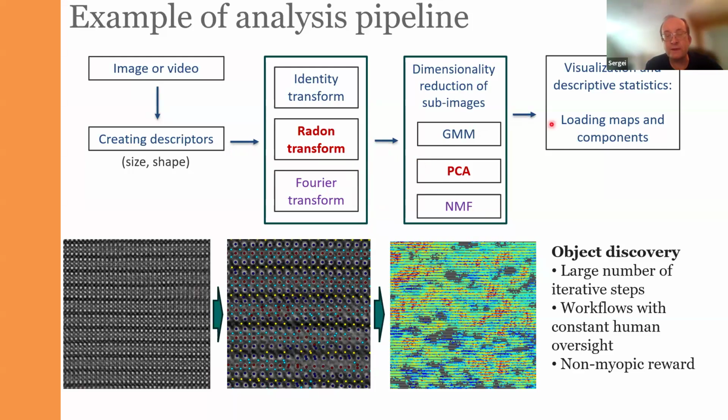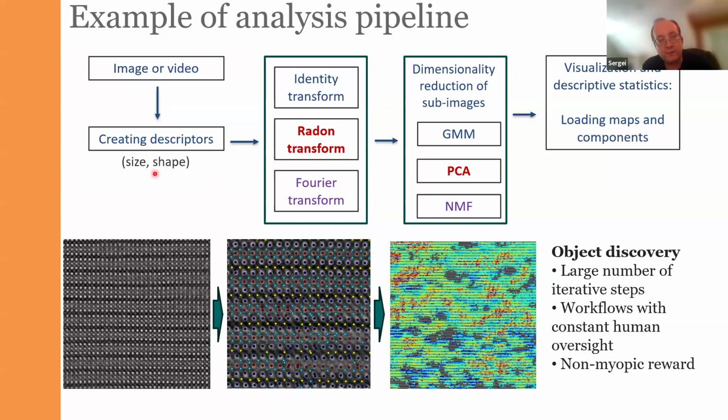The answer is yes. We can do that if we do two things. The first thing, we define the reward function that allows us to judge that our analysis was successful. And that's a difficult part, or non-obvious part. And the second part, we cast the whole workflow as the Bayesian optimization in the combined parameter space of the